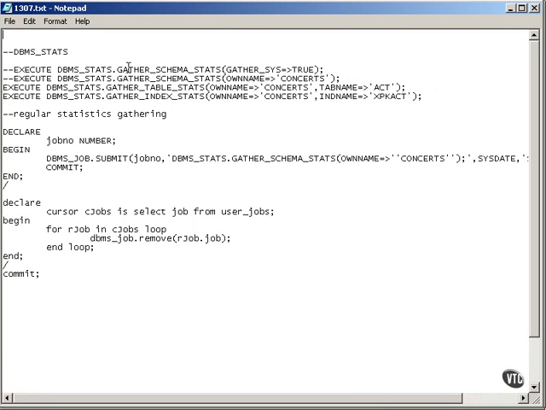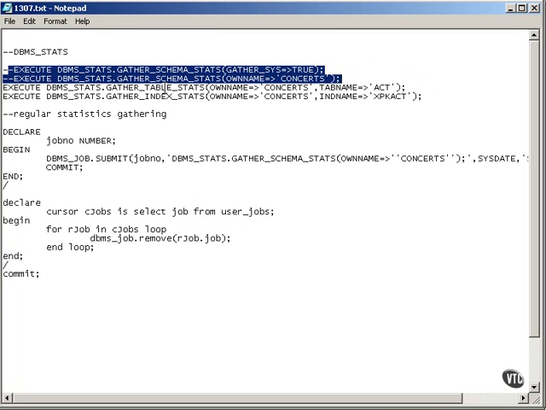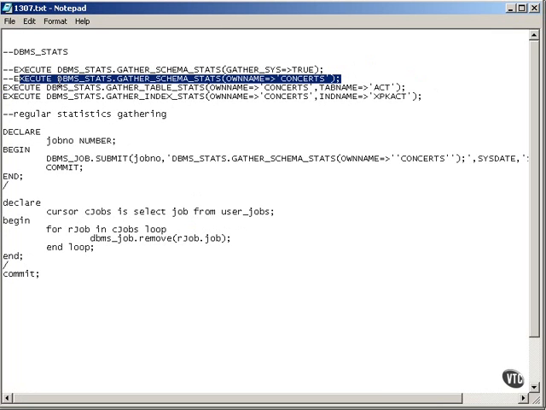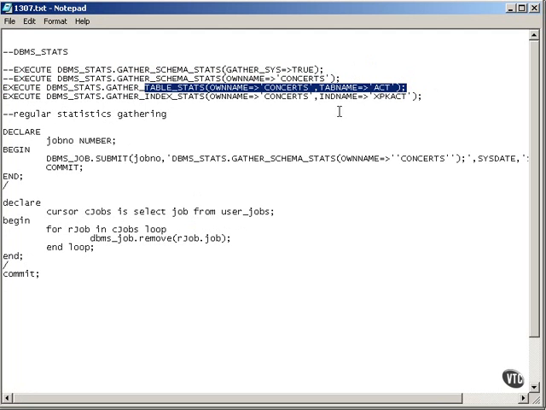Here is a pre-prepared script I set up. I've commented out some of these. Basically what I can do is I can execute and gather schema statistics with system statistics or for a particular owner. I can then gather table stats on a particular table or a list of tables, and the same applies